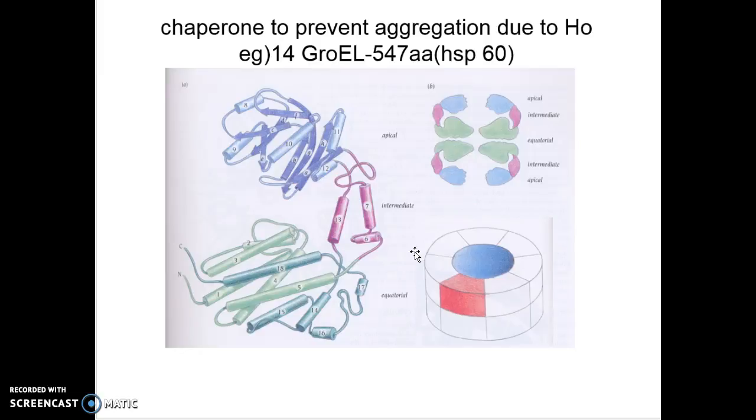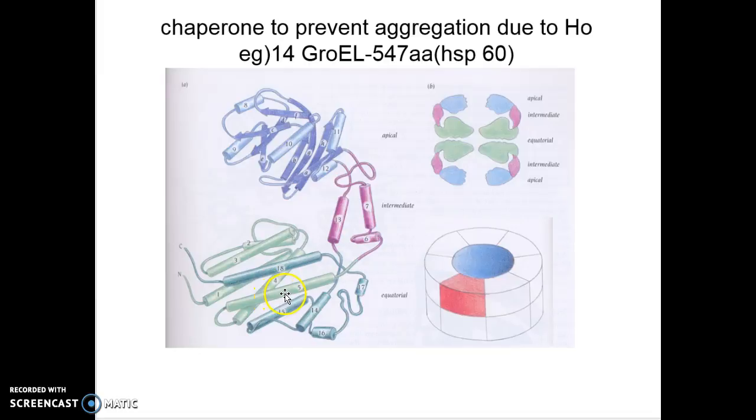To overcome this problem, a class of proteins called chaperones have evolved to sequester unfolded polypeptides. There are many in this category, but we're gonna just look at GroEL and GroES protein, which is kind of big size. And you are looking at the single polypeptide of GroEL,